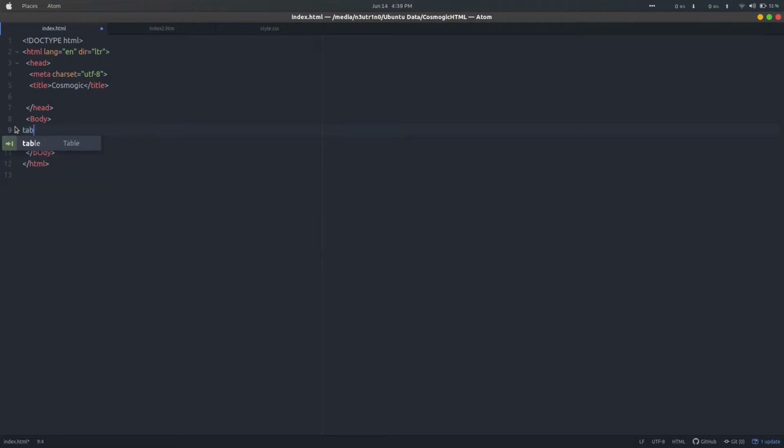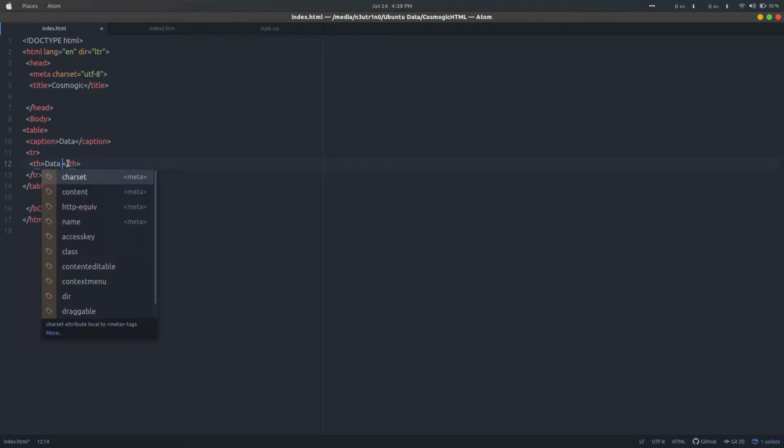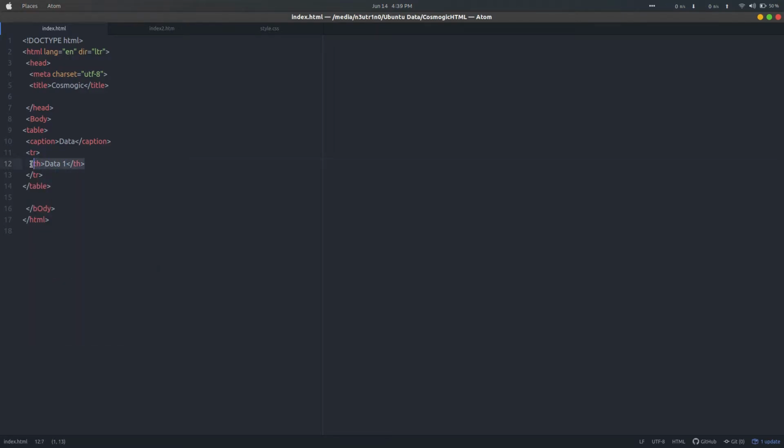Now we will talk about the table tag. Let me quickly write the syntax of the table tag. We have caption, we have table data, give value here, and we will give table row. This is table heading, data 1, data 2 here.